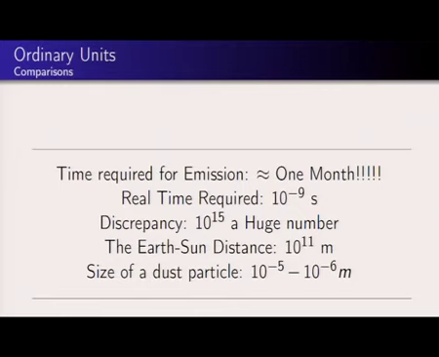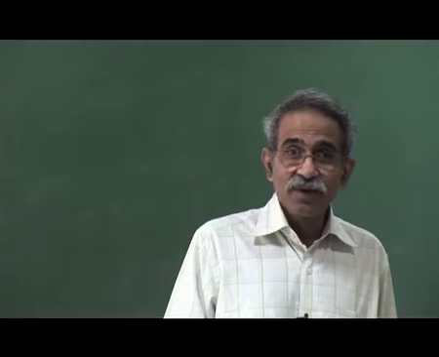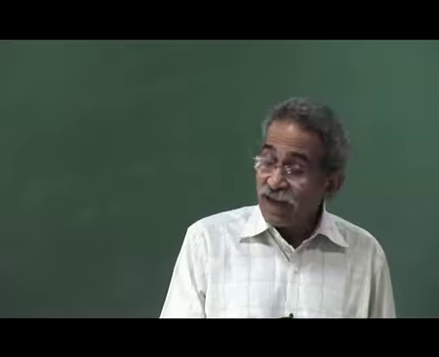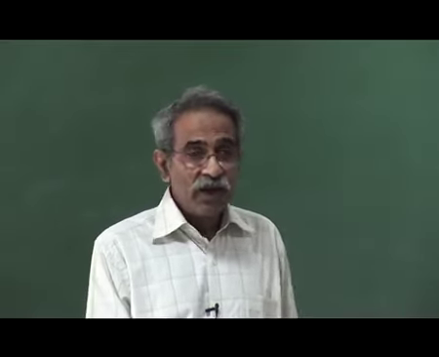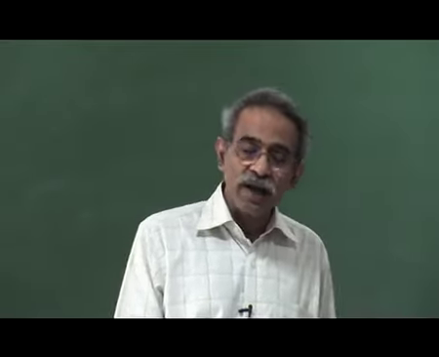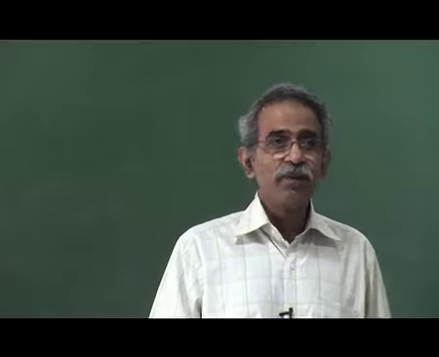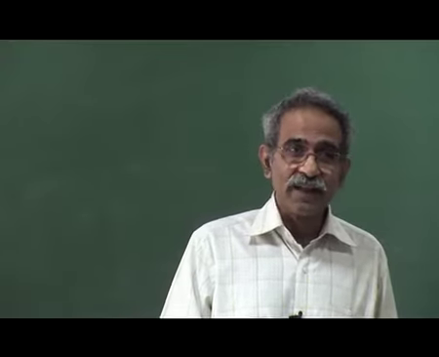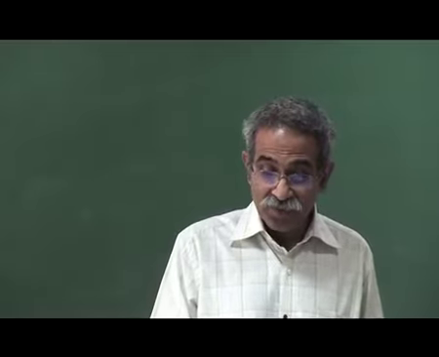It is a mind-boggling number. 10 to the power of 15 is enormous. It is like the lifetime of a person. So, if classical theory were correct, if Millikan or Lenard had spent their whole lifetime on their experiment, maybe they would have found a few electrons, and that would not be the photoelectric effect at all.